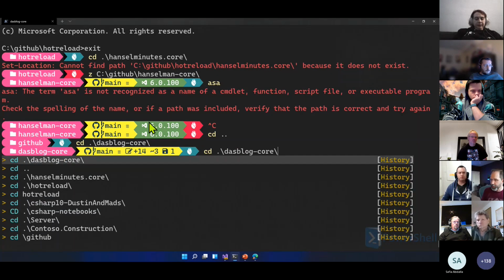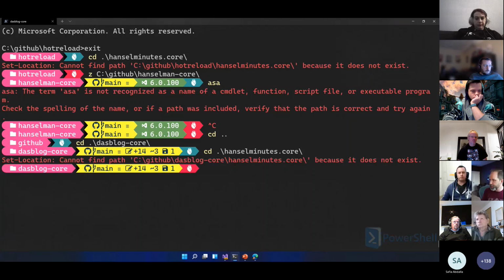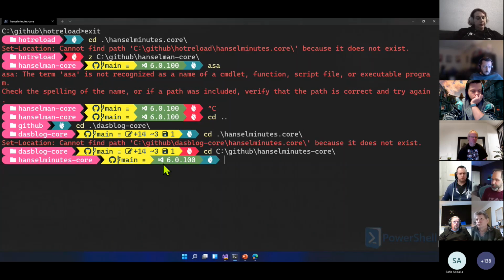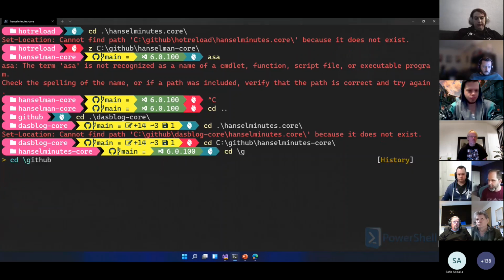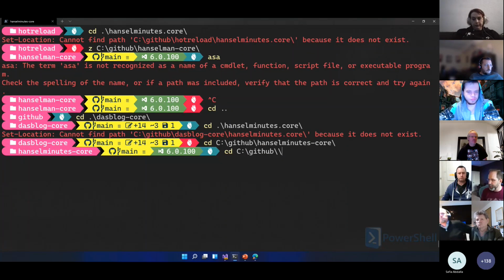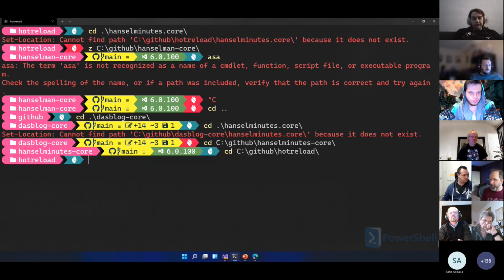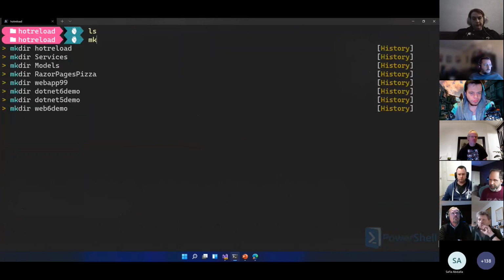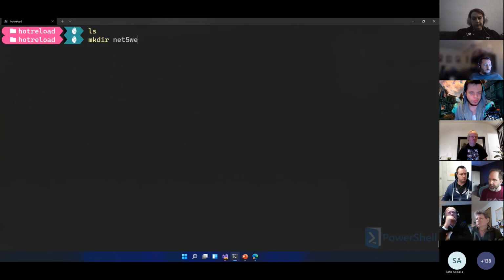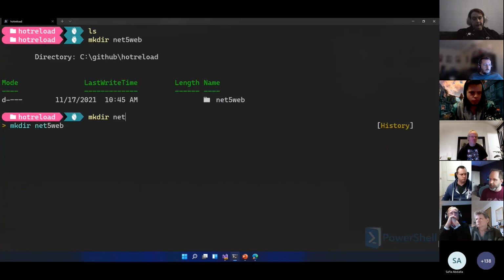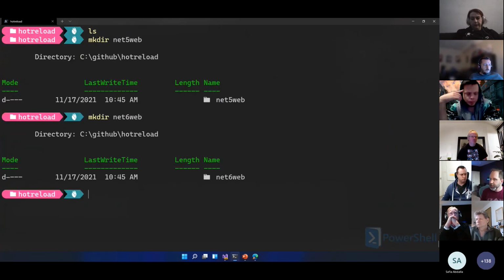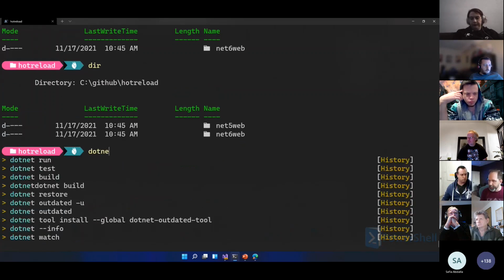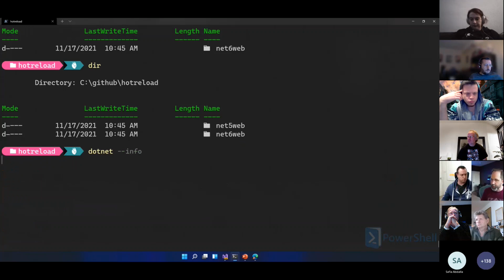And if I go back over to Hansel Minutes, which actually is up here, that's version 6 as well. So I'm going to go to GitHub hot reload, which is now currently empty. Okay, I'm going to make 2 examples. I'm going to call it Net 5 Web, and I'll make a Net 6 Web. All right, so I've got 2 folders now here, 5 and 6, and I'm going to type .NET --info, which